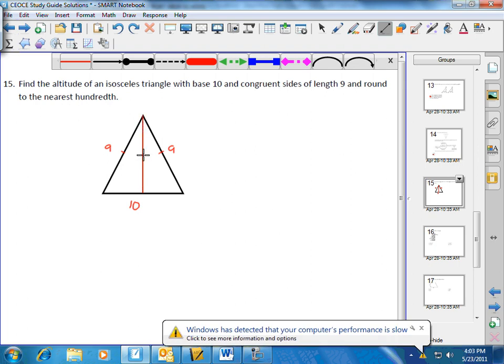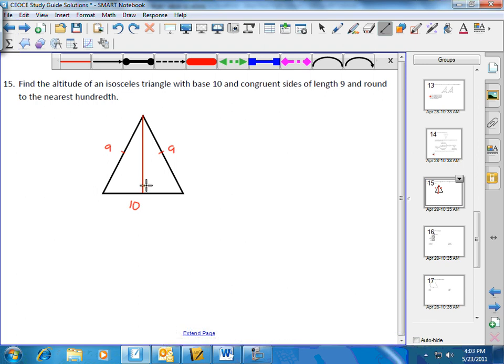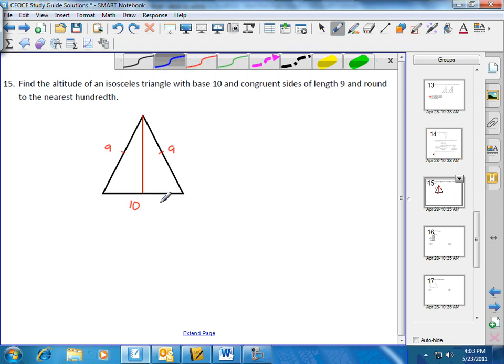So what we've done with this altitude is we've created two right triangles, and since this altitude for an isosceles triangle is also a perpendicular bisector, then from this point to this point is half of the base. So this side here is 5 units long. And so you see here now we can use the Pythagorean theorem to find the length of the altitude. If we call this A for altitude, we have